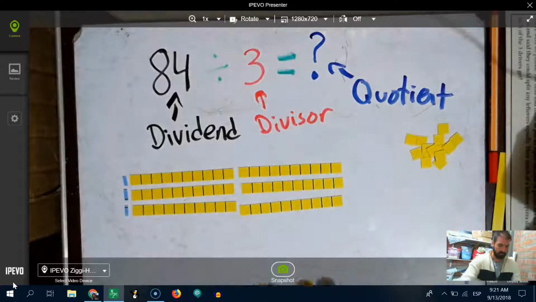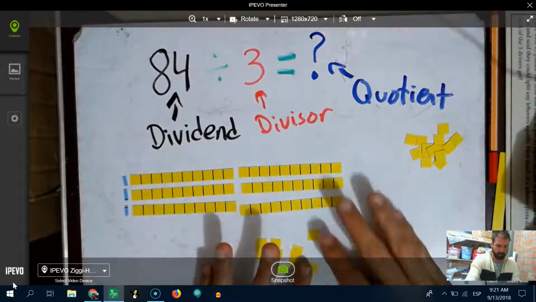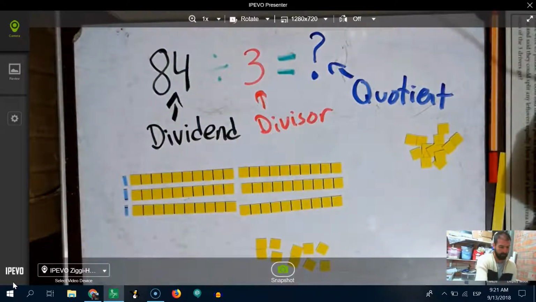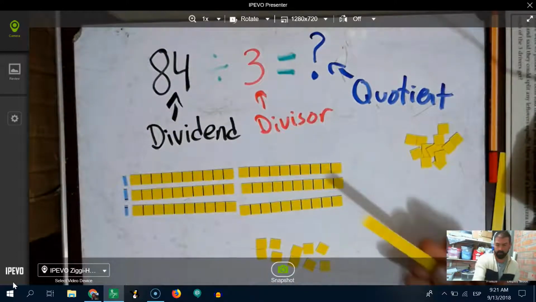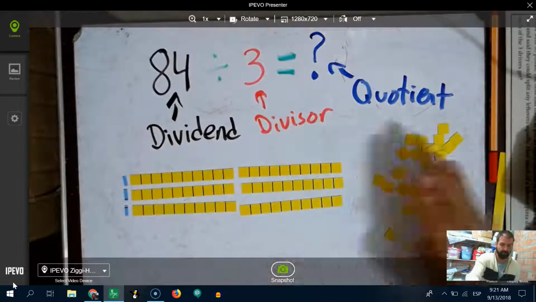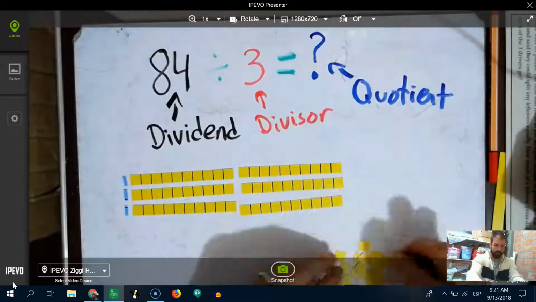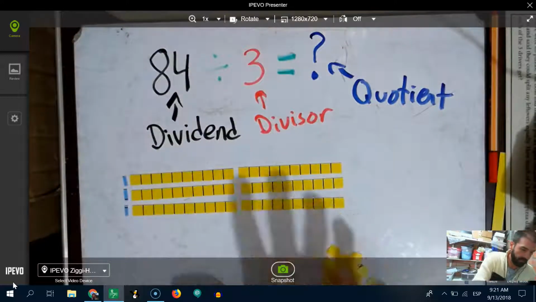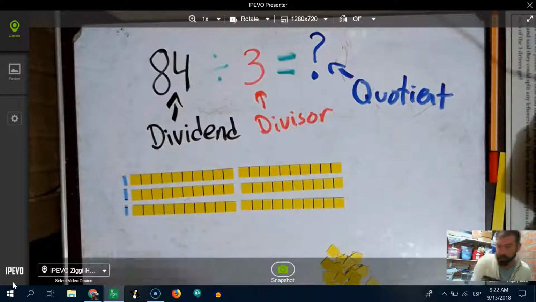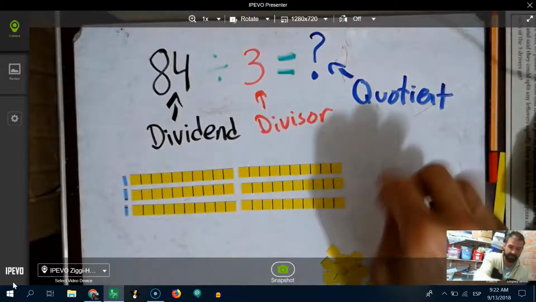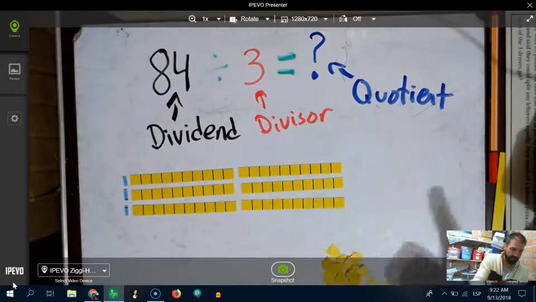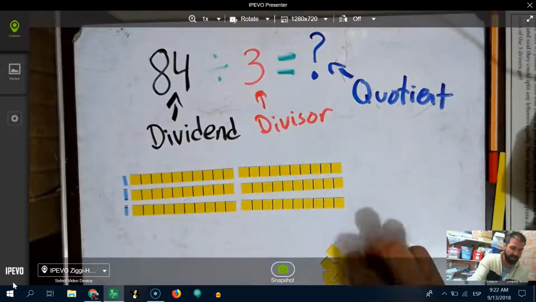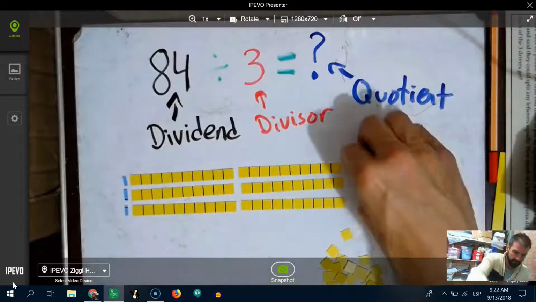And then here's my other 10 ones. 10 singles, and I'm trading in another 10 for that. Alright, so now I have 24 ones over here. Okay. So I need to divide those. Oh, 24 and 3. Oh, math facts. I know this one. I could just count them out, but I do know that 24 divided by 3, or 3 times something equals 24. That's 8. Okay, so I'm pretty sure if I do 8,